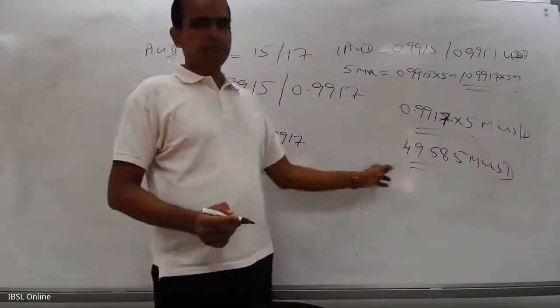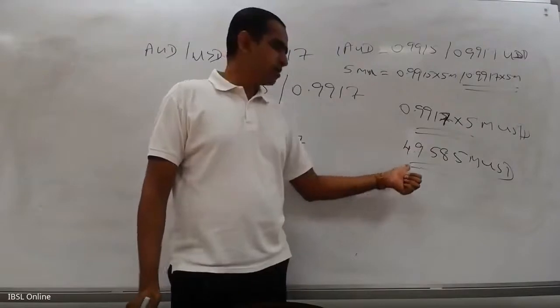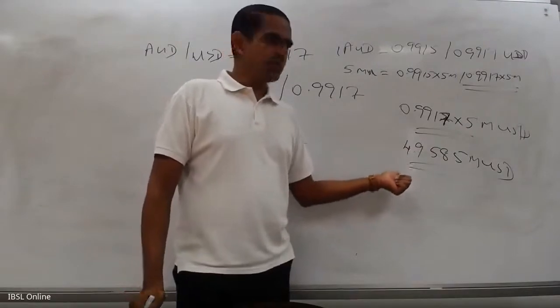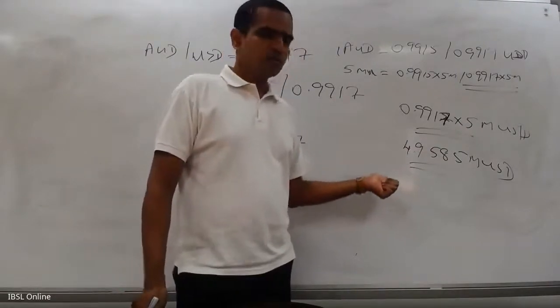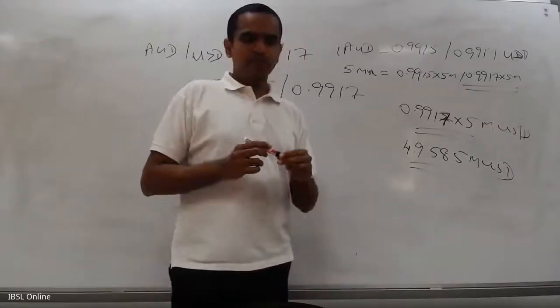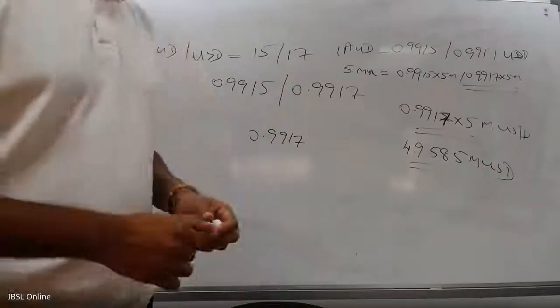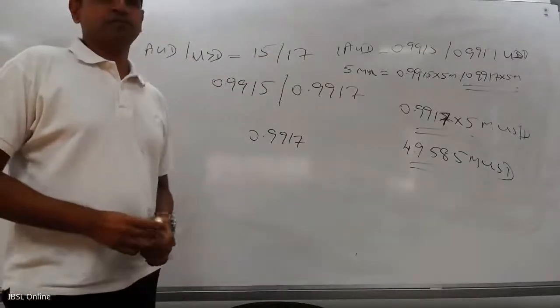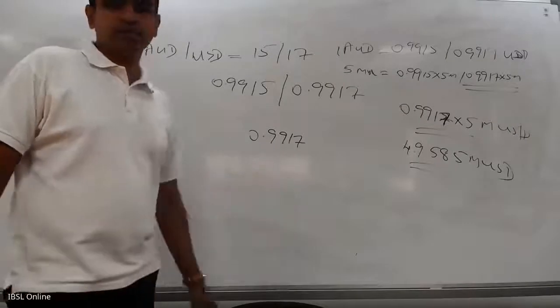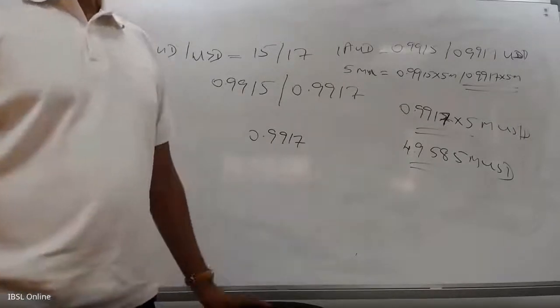Right, she will be transferring this on 31st January to Sven's account at JP Morgan. Right. In turn, Sven will be delivering the 5 million Australian dollars to Nalika's account at the Reserve Bank of Australia. So this is how foreign exchange transactions happen. Right. So I hope everything was clear up to now.